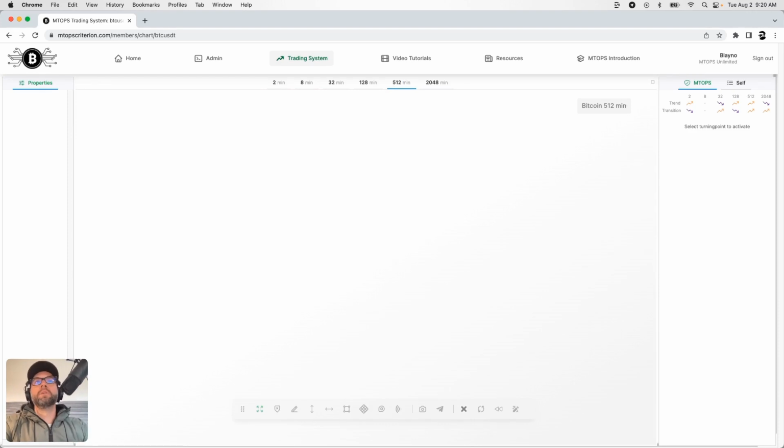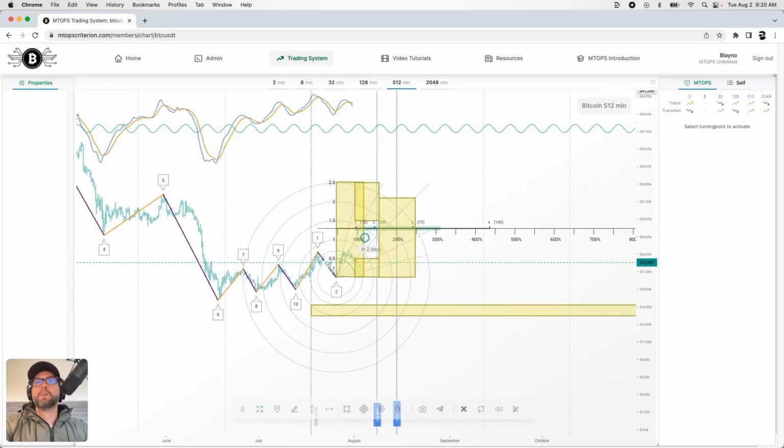They move down to the 512. The reason why it's called the 512 is because it covers months at a time. So we just saw what it looked like for a year's worth of price movement. Now we're going down to a view on what it looks like from a month aspect.